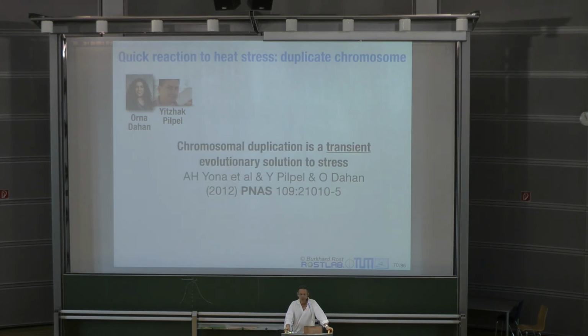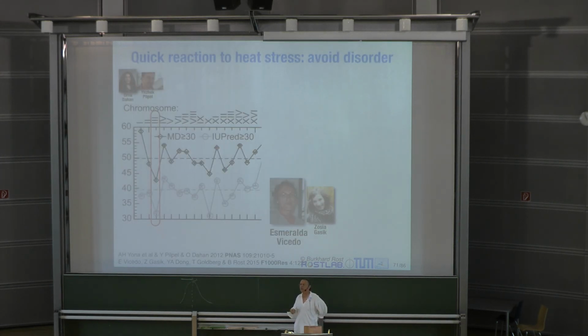Now, for me, this is remarkable. So, yeast has 16 chromosomes, and so you duplicate 1/16 of your entire genomic mass in every single cell that you produce to survive, and very specific. So we asked, what is so specific about this chromosome that is repeated? It's always the same chromosome. In fact, it's chromosome 3, shown in red here, and it turns out that chromosome 3 has very low disorder,